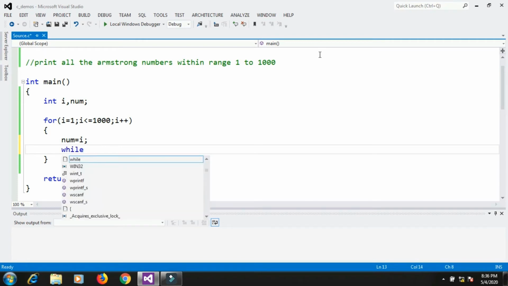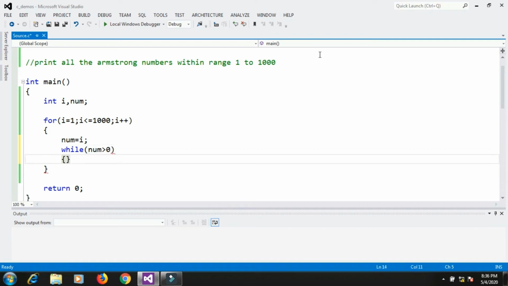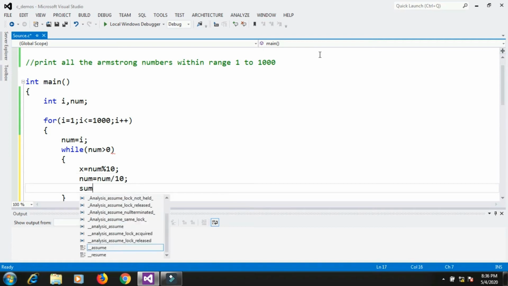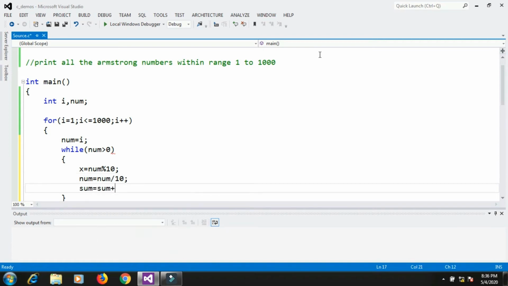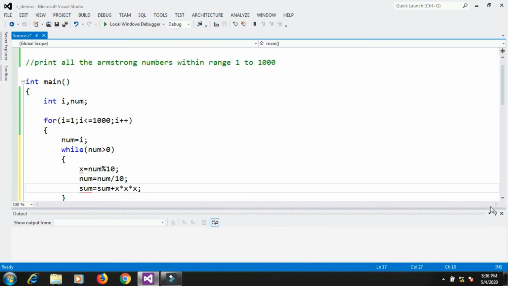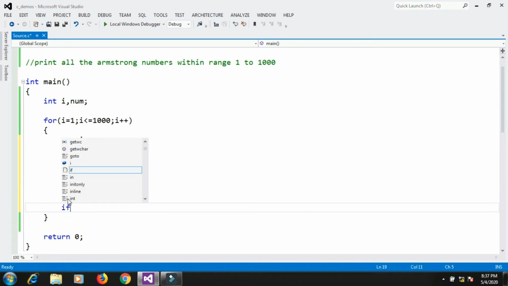So I will write the same code here: while num is greater than 0, I had written 3 statements there: x equals to num mod 10, num equals to num divided by 10, and sum equals to sum plus x into x into x. This is the code that I had written in the earlier video, and after that I will check the sum variable with the original value. So here some if condition is there.